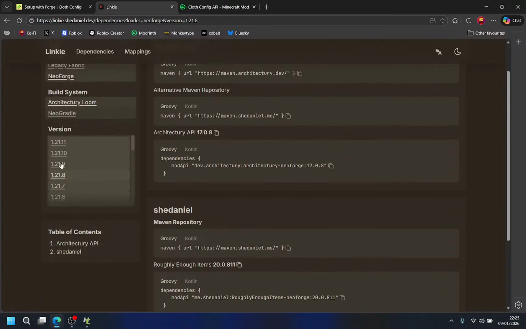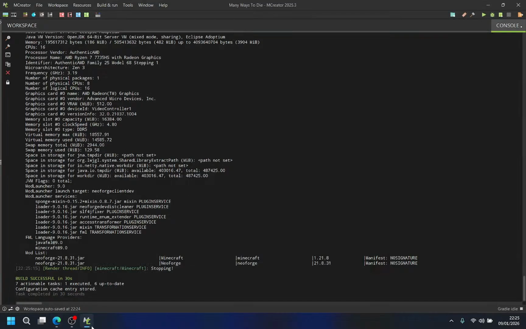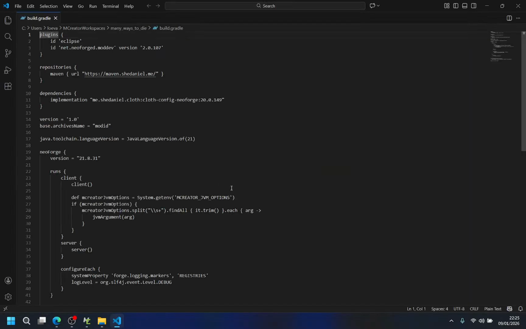There's an error, so maybe this one. This one might work. It's just one version up, so it might not change a few things. Maybe fix some things, yeah, but it's not that bad.